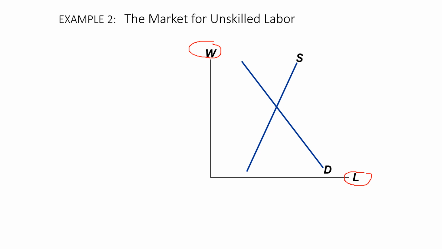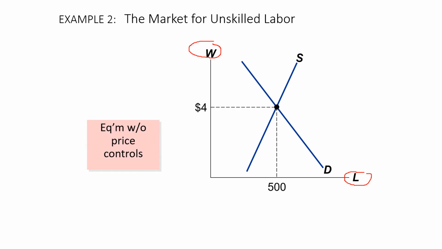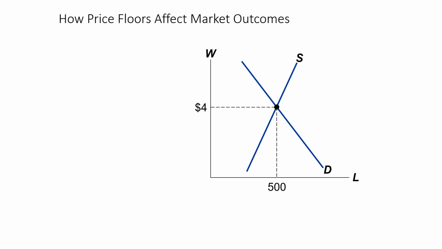Then we have the supply of laborers, that is the workers themselves. The workers will be willing to work if you are paying them higher wages, but many workers will quit their jobs or their services when the wages are low. And again, we can have an equilibrium wage and an equilibrium level of workers working. So basically, in this example, we have an equilibrium wage of $4 and 500 workers are currently working, and the economy